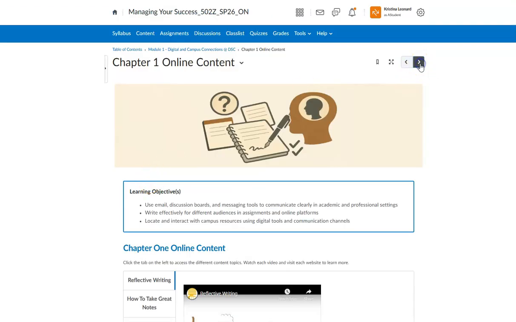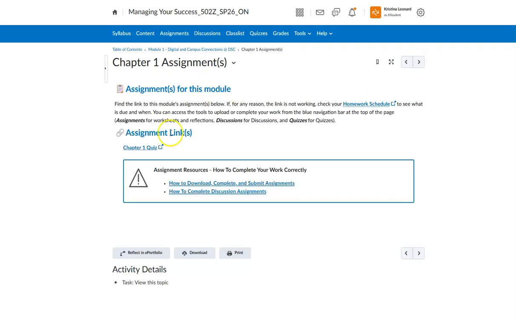You can just use the arrow bar and you can get to the next page. If it's an assignment page, it just gives you some details, a link to the homework schedule, and the actual assignment related to that chapter. So that is the main crux of content.